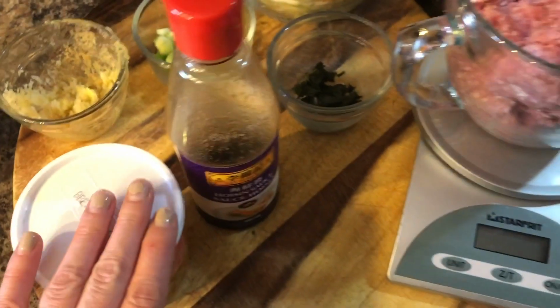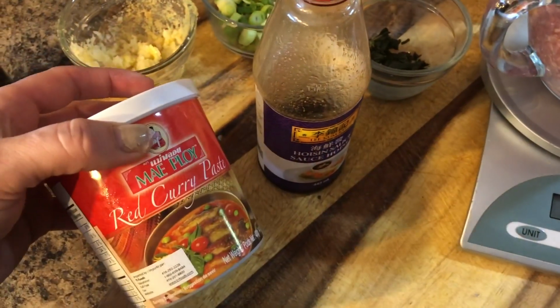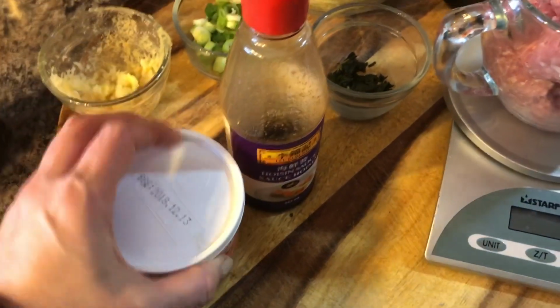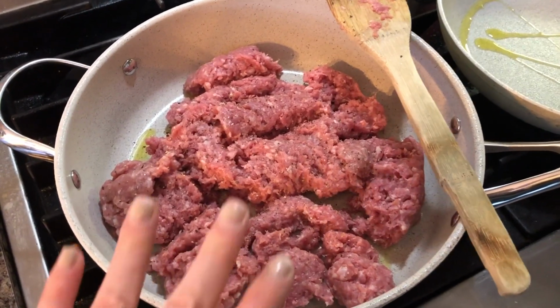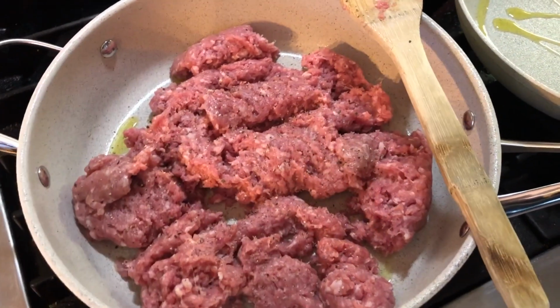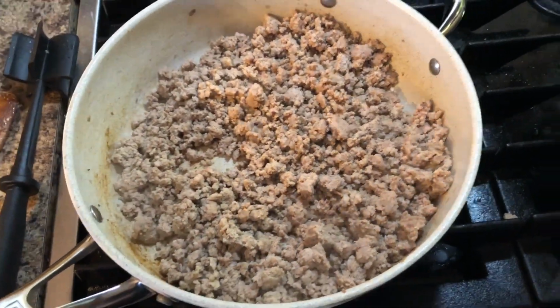For the kids, I will cook the things and then I will separate them, and I will only add red curry paste into our dish. First thing that I do is saute the turkey, ground turkey, and I just season it with salt and pepper. So it's ready, and now I'm going to add my